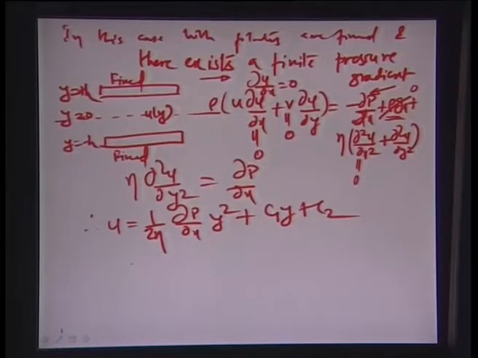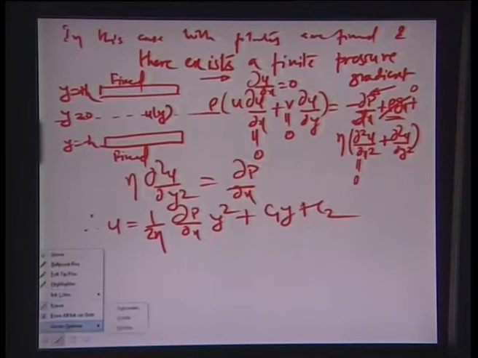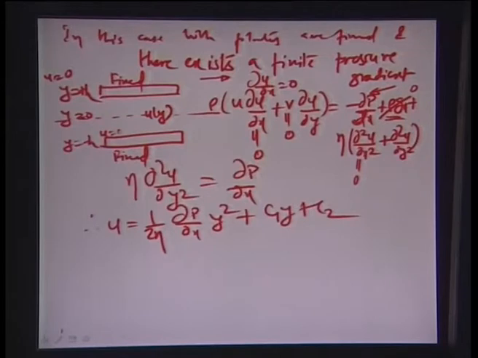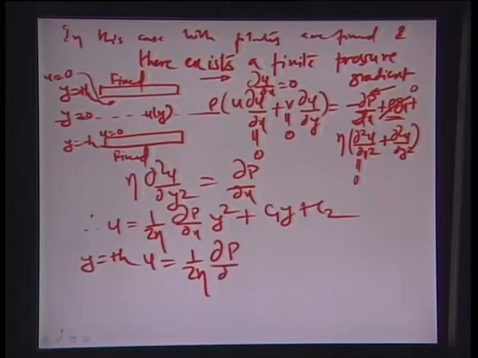In that case both the velocities here, because the plates are fixed, are zeros. So u, essentially the velocity close to both the plates, the upper and the lower plates, is zero in this case. So u equal to 0 here, u equal to 0 here; both the planes essentially have zones of no slip. So in that case at y equal to plus h, u becomes 1 by 2 eta del p by del x square of h